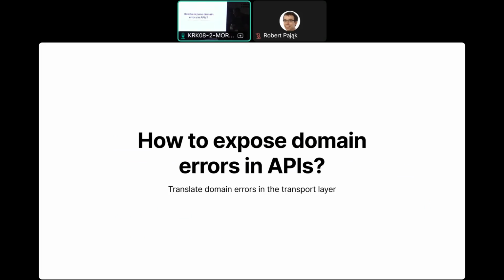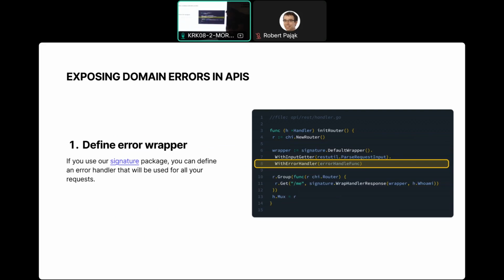Okay, so we somehow know how to treat them in the domain, but how do we actually get to the transport layer? Start with a wrapper. We probably want to handle all errors that happen inside of that handler. So let's define a generic handler.